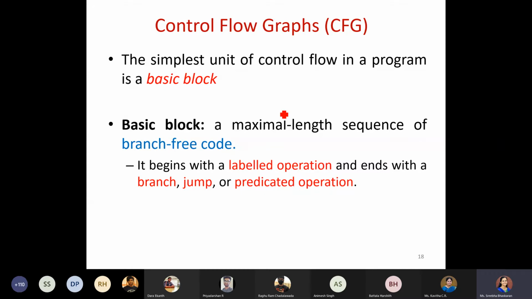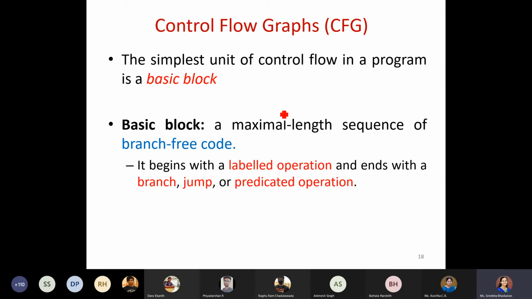Okay, so now there are certain terminologies which you have to know. Whenever we have a set of things which we call a graph, it will be represented in a circular form or a rectangular form.